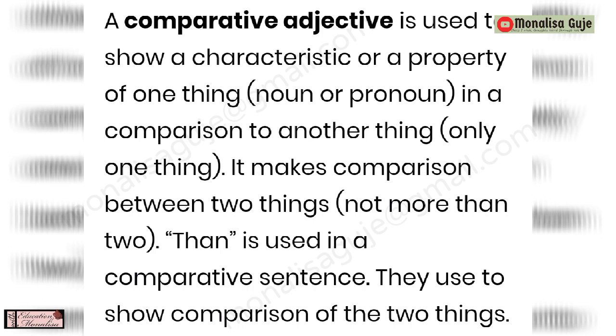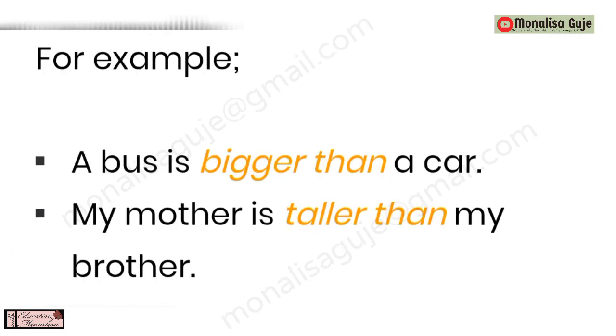So after you copy this, write neatly and then let's move to its examples. Next. For example, a bus is bigger than a car. So we see two things are compared with the word than. My mother is taller than my brother. So taller, a mother and brother have been compared and the word used is than. So you have to write the definition, write these two examples, and then we'll move to the next one,